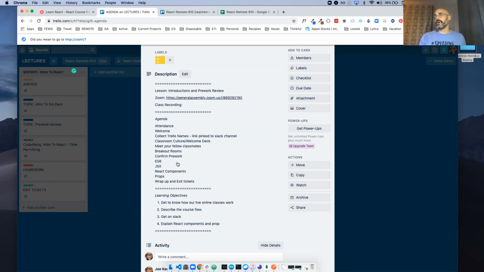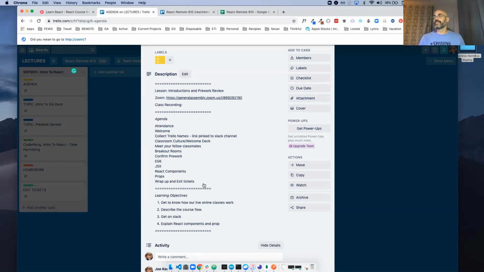Then we'll take a look at some of the pre-work, the ES6. I can see the percentage of pre-work completed by everyone in the class. Looks like mostly everyone did it. If you've been working with JavaScript, I can't imagine this ES6, this 2015 ES material, is going to be too foreign to you. If you're new to JavaScript, that's a different story. JSX was part of the pre-work too. We're going to keep going into that. React components are also huge, right? That's what React is. Props were part of the pre-work.